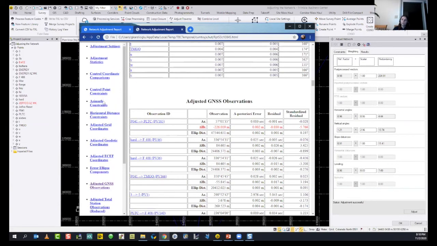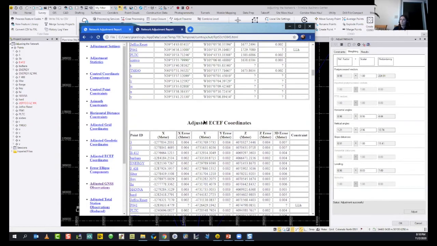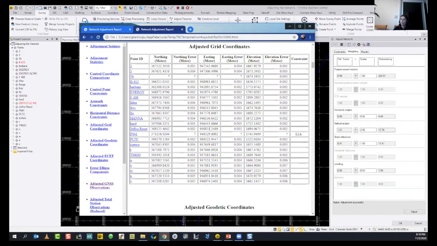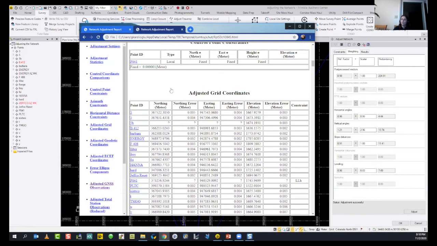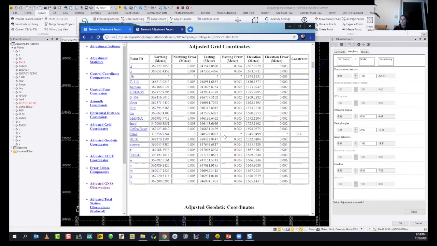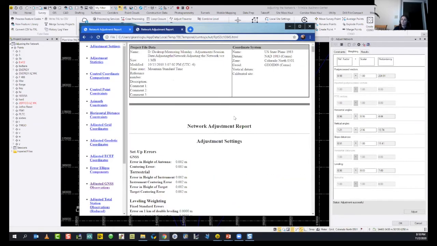All this information, all your results, your errors, your geodetic coordinates, your adjusted grid coordinates are given for each point ID. All the information and statistics are given under the network adjustment report.